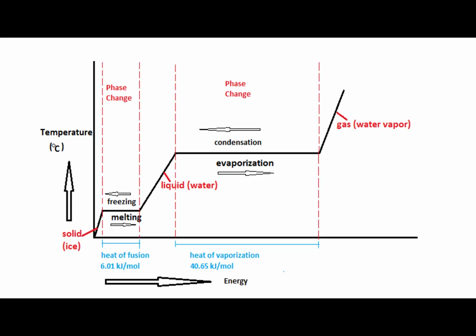Another thing I want to quickly note is latent heat. Latent heat is the heat absorbed during a phase change, which is like going from a solid to a liquid to a gas, etc. As a substance changes from one state to another, the heat will remain at the same temperature until all of that substance has been converted into this new phase. This can be seen in this graph on screen, where there are plateaus during the phase changes,